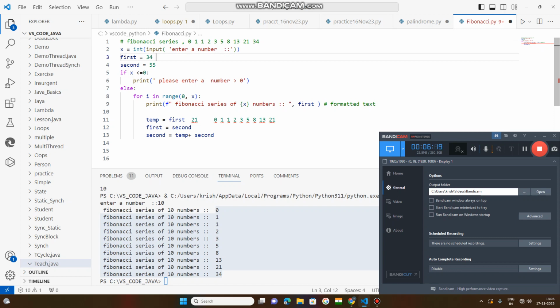Next, 13 is obtained from the addition of 8 plus 5, 13. Next, 21 is obtained by the addition of these two numbers, 13 plus 8, 21. Okay, the last number, 34, is obtained by the addition of the previous two numbers, 21 plus 13. This is the syntax to get the, that is what your